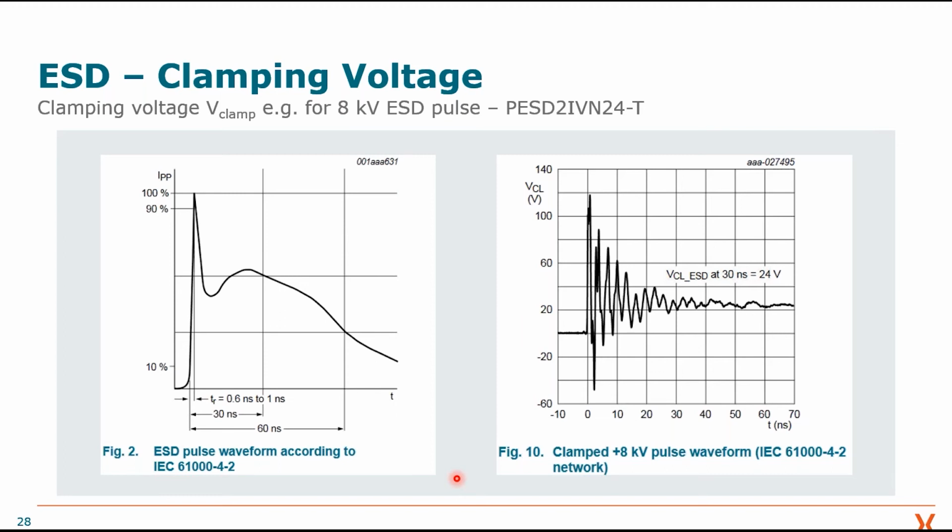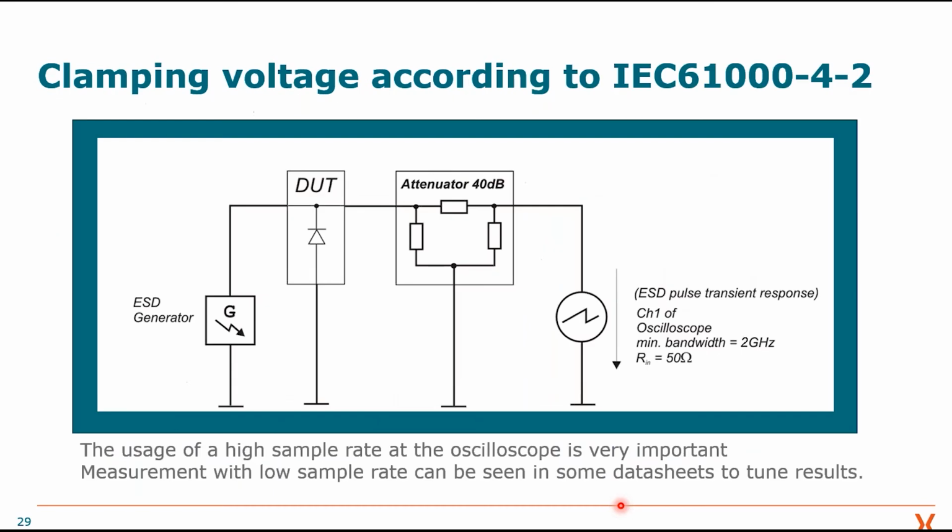So the takeaway here is that the clamping voltage, and especially the graph you see in the datasheet, is the voltage your device, your IC, is seeing after the ESD pulse is applied to your system. One question is how to measure this curve, and we will cover that in a few slides. Here you see the block diagram of a test setup for these measurements. On the left side you see the ESD generator itself, and here is the DUT, the device under test,